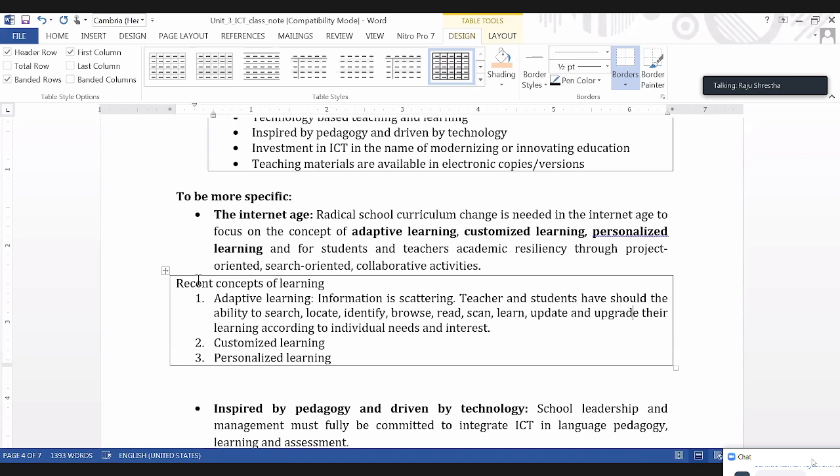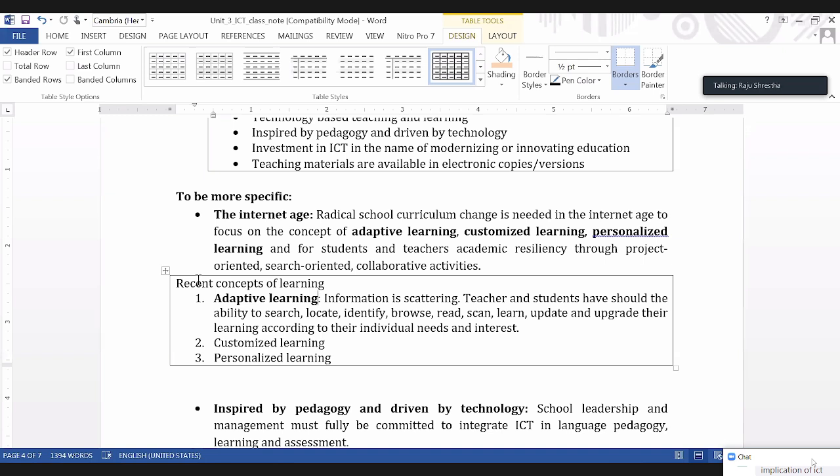update and upgrade their learning according to what, according to their individual needs and interest. This is what being adapting. अनुकूलन के अनुकूलन जे छ त्यो अनुसारले चाहिँ उले सिक्यो हैन, यही कन्सेप्टलाई हामीले कस्टमाइज लर्निङ पनि भन्छ। कस्टमाइजेसन also means what, according to the need we scale down, we select